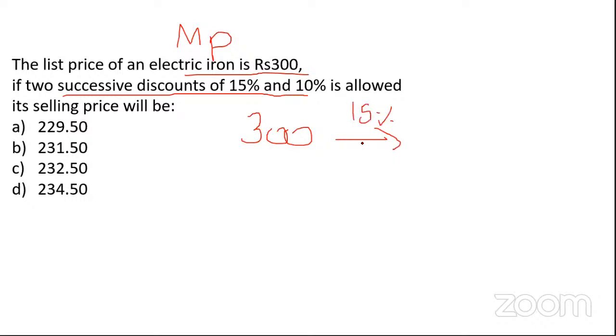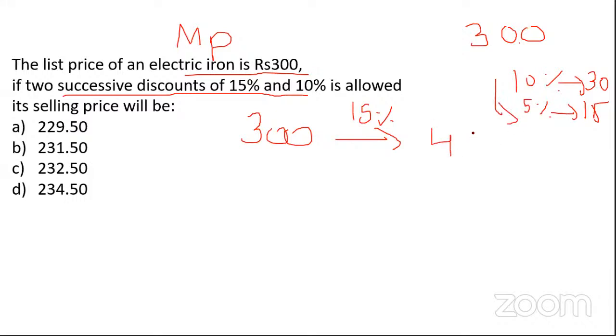For a discount percentage we have one shortcut. Suppose the given amount is 300. From the last, if you move and keep one decimal point, it becomes 30. 10 percentage is 30. What about 5 percentage? Half of 10 is 5, so half of 30 is 15. So 10 plus 5 is 15. 15 percentage is 45. Correct. So you have to subtract 45 from this 300.